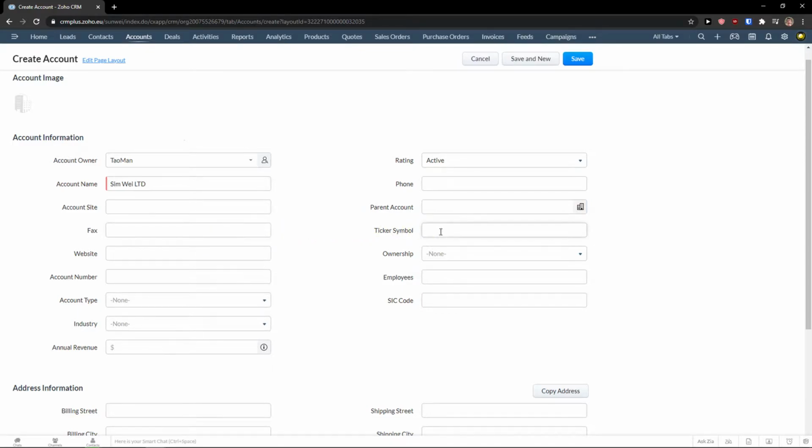Then you have fax, ticker symbol, website, ownership. If it's other private, public, government partnership, again, you choose one. Account number, employees. Then you have account type here. If it's a competitor, customer, investor, distributor, partner, again, you choose which one you want. Let's say investor. Employees, let's go on 25. Industry. Again, I can choose government, annual revenue,